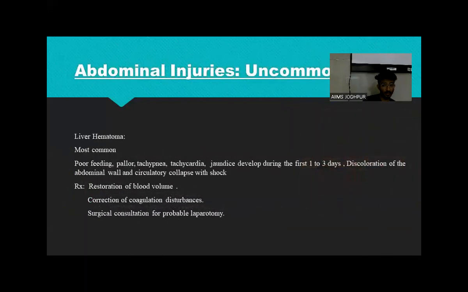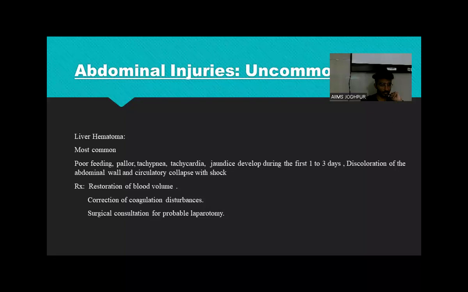Abdominal injuries are very uncommon in birth injuries. Among them, liver hematoma is the most common, and it usually presents with poor feeding, pallor, tachypnea, tachycardia, and jaundice, which develops within the first 1 to 3 days of life. There can be distension of the abdominal wall and circulatory collapse with shock. The management is restoration of blood volume, correction of coagulation disturbance, and surgical consideration. Laparotomy would be needed